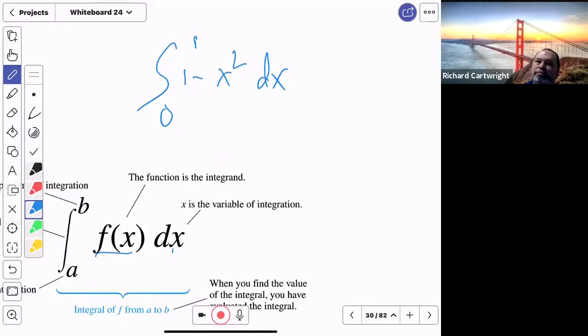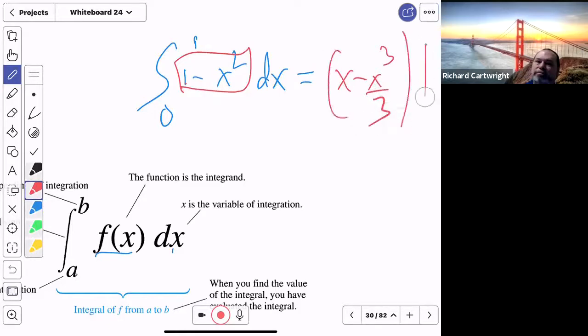So we just do the antiderivative of this piece here, and that should be x minus x³ over 3. And all of this goes from 0 to 1, and that's my upper limit, that's my lower limit. Just think about it when you're going from left to right. You could reverse those, as you're going to find out in today's lesson, but then you have to make a